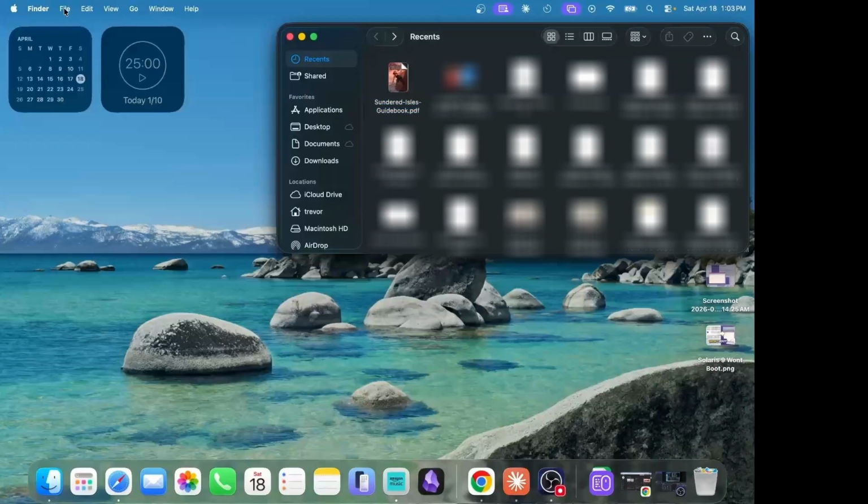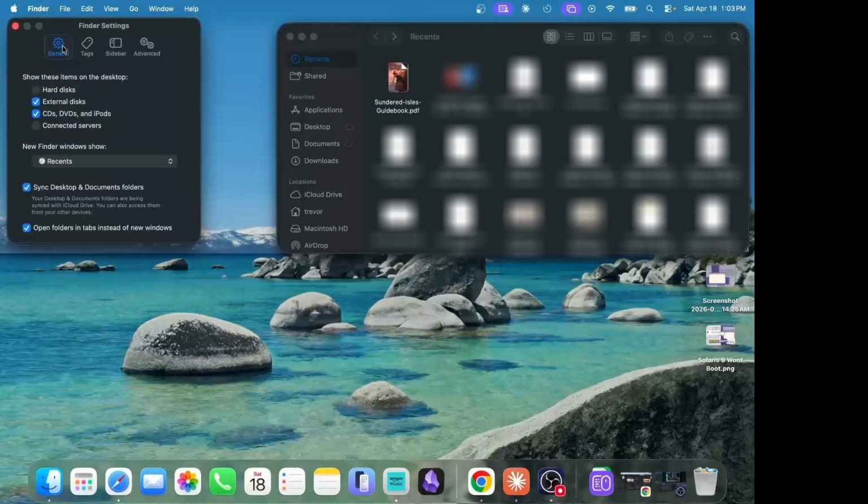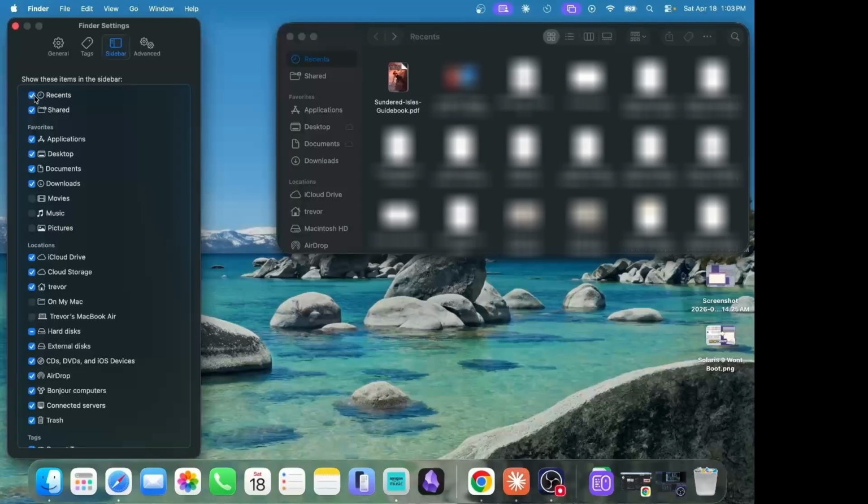With the Finder window open, we're going to click Finder up in the menu and pick Settings. It'll probably open on the General tab, and I'm going to change this New Finder Windows Show to my home directory; pick any other directory that you're interested in, and click on Sidebar. And we'll notice that the very first option, Recents, we're going to toggle that, and it's actually going to get removed over here. It doesn't get rid of any of the computer files,